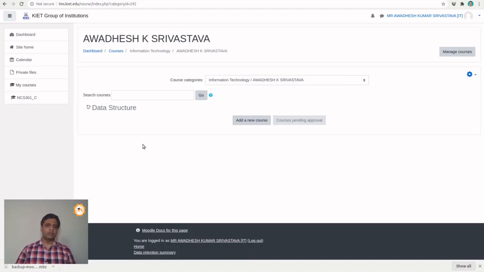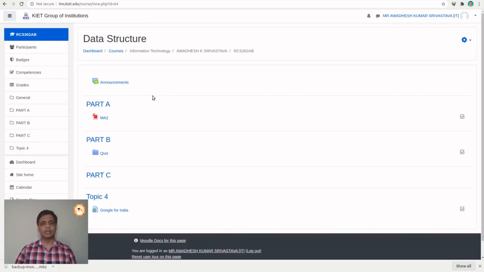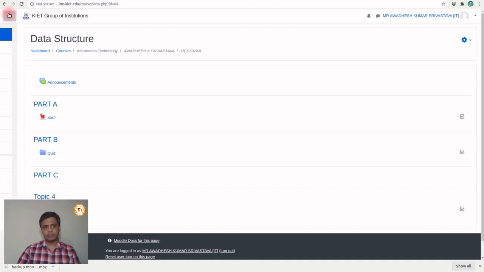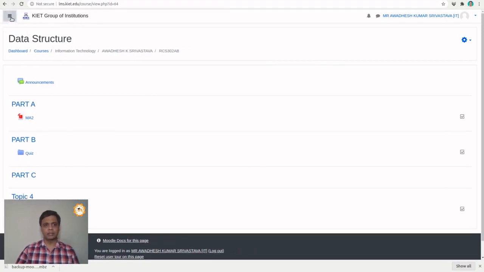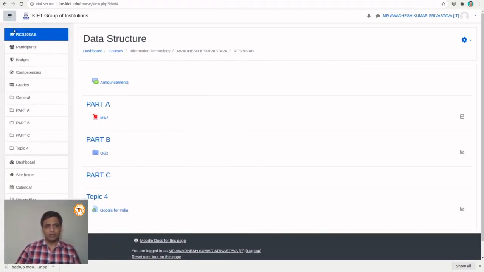But right now we are going to add our students inside our course. So I'm going to a particular course. Right now I am inside my folder, my category name, and one course is created. So now I am inside a course. In order to add the students, you have to click on this participants button. If it is not appearing here, maybe this sandwich icon is clicked, because that left panel appears or disappears by clicking this sandwich icon. So just click on the sandwich icon and the left panel will appear. Now click on the participants option.